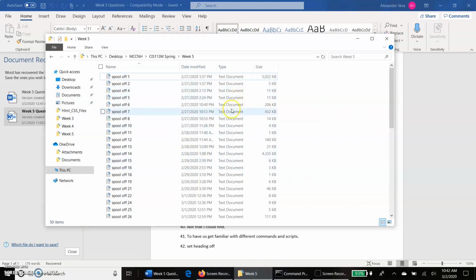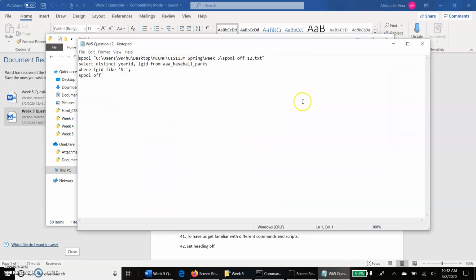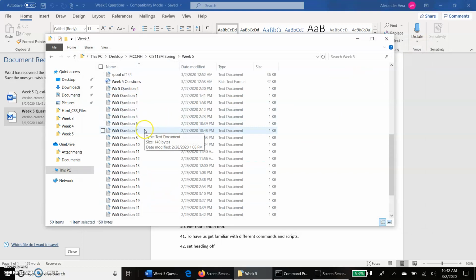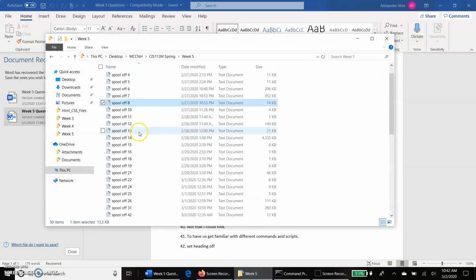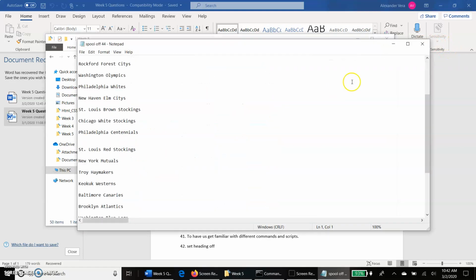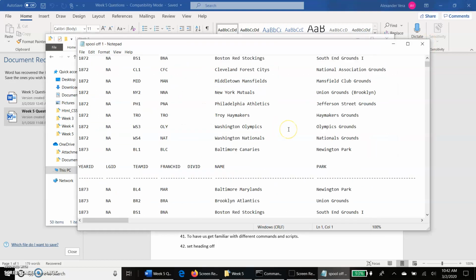These are the results of my spool off. I got up to basically question 44. Each one is an individual script. You can click on any one of them, it's going to bring something up. Thus, the individual script for each question resulted in the individual result. The results from it, as you can see,